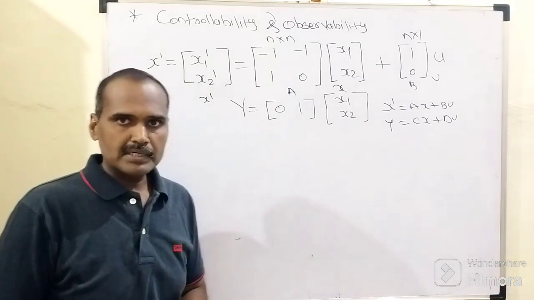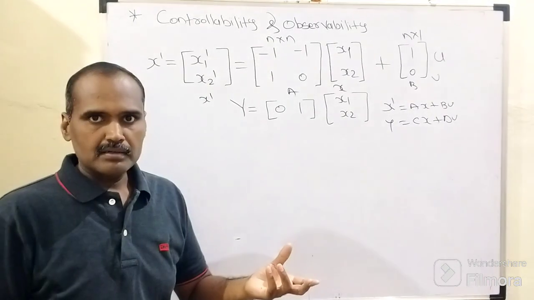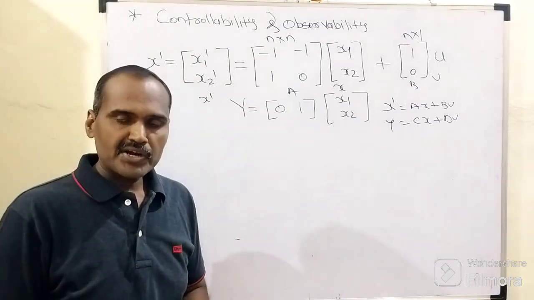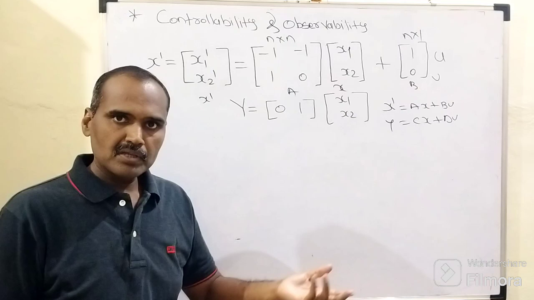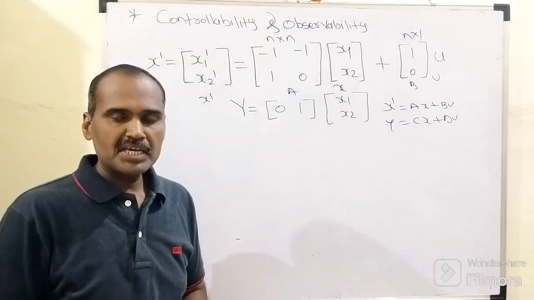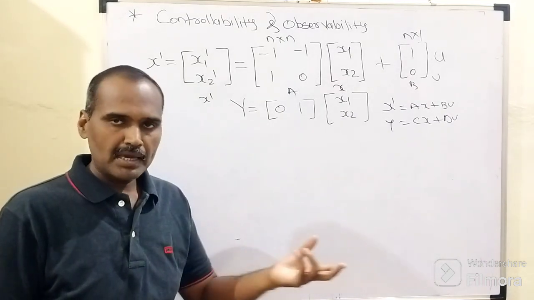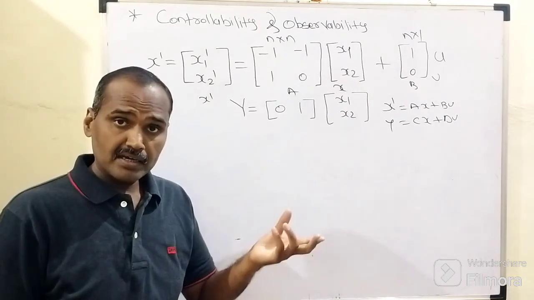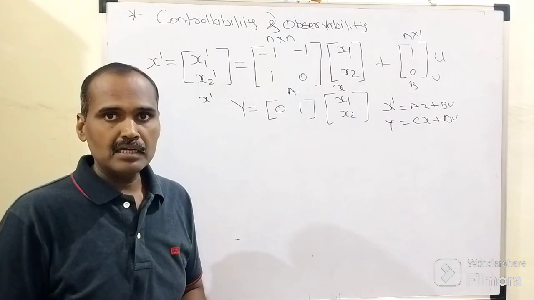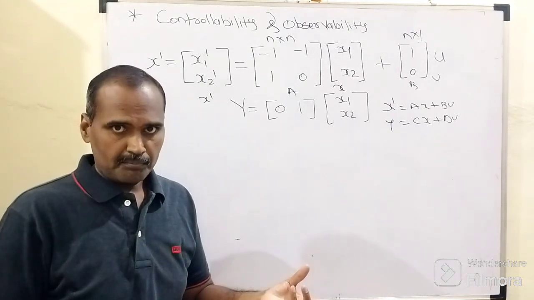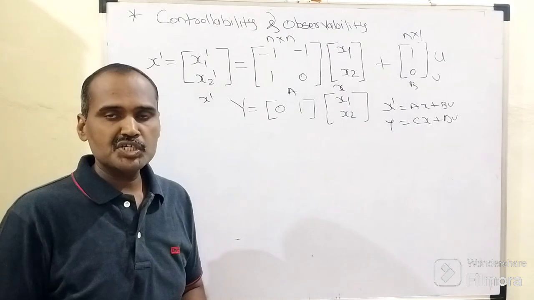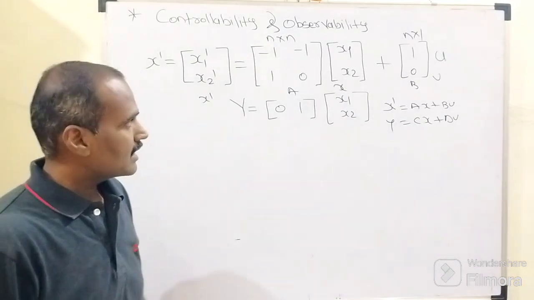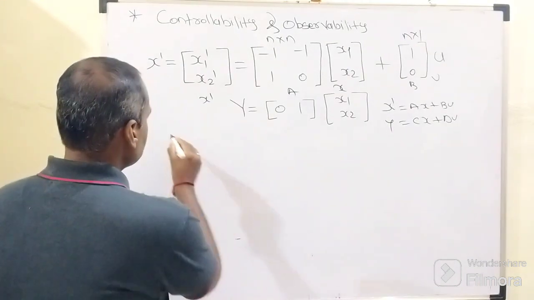first of all we need to understand that whenever we are able to convert the initial state of the control system into the final state by the application of a certain control input over a certain interval of time, at that time the given control system can be called a controllable system, right? This is the basic definition of controllability,